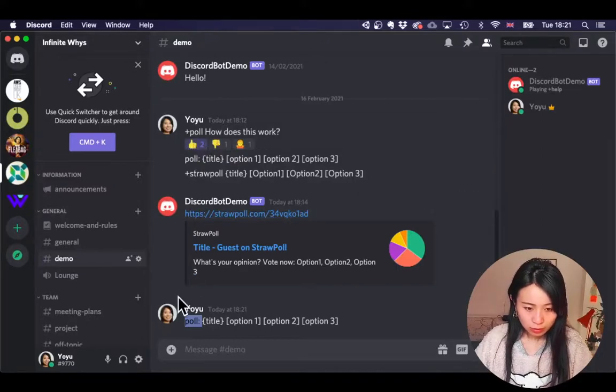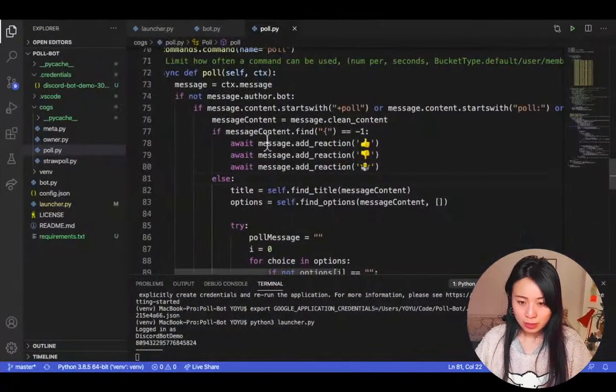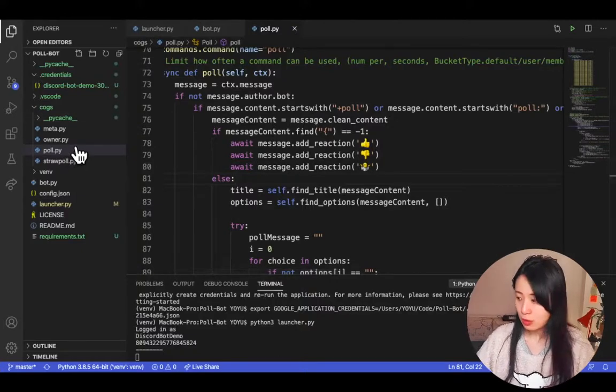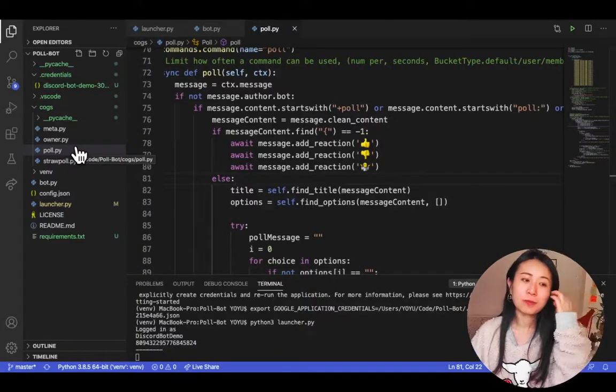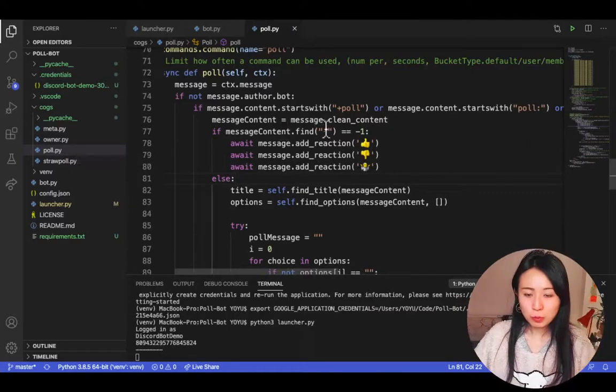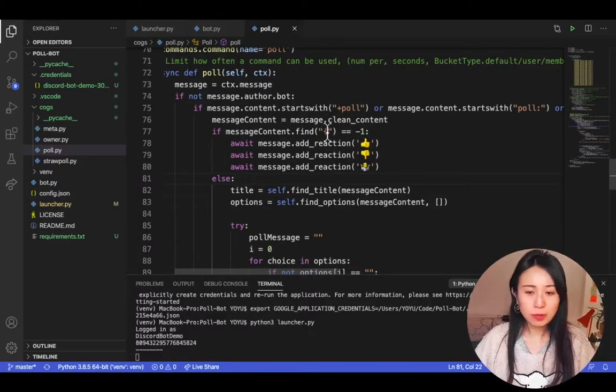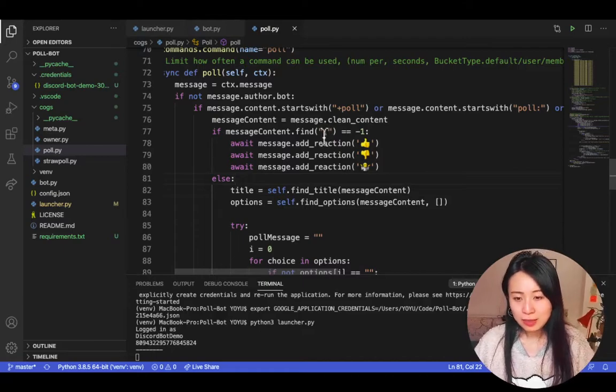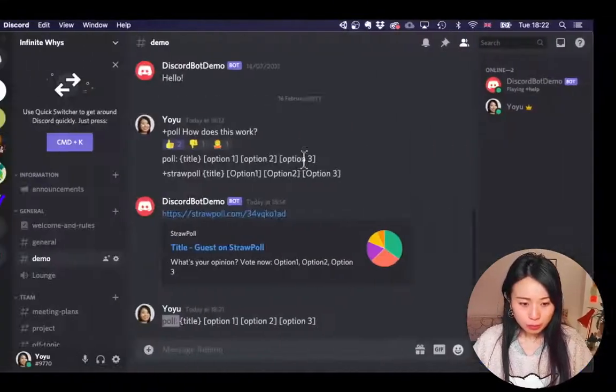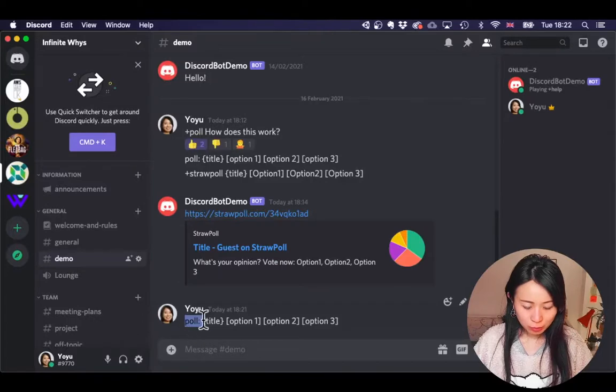So in this case, it means it's actually using the same part of the bot to process the polling definition message. So we can probably try, instead of using poll colon, since this one works, we can